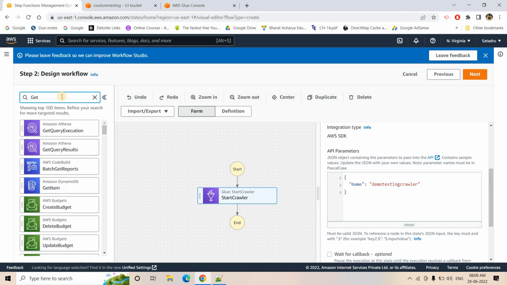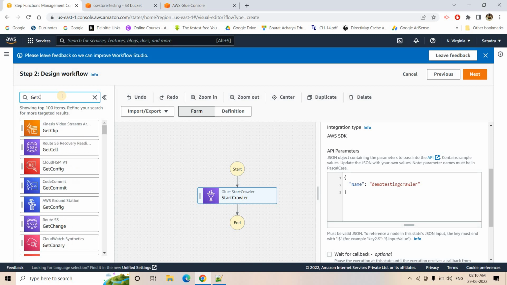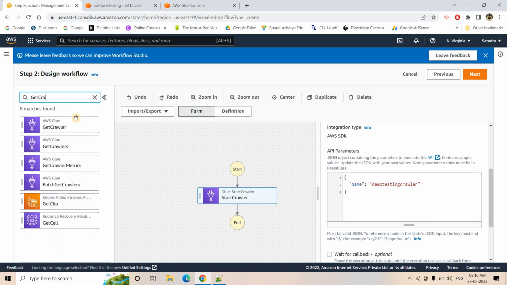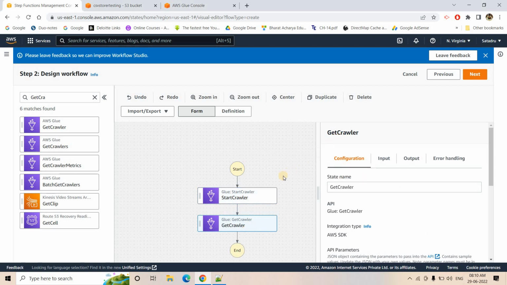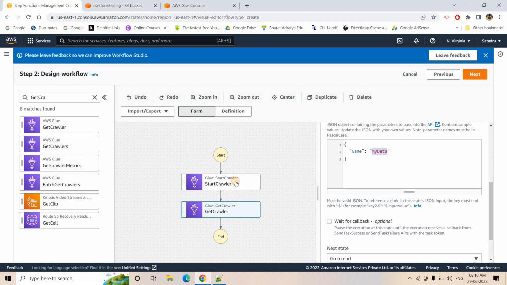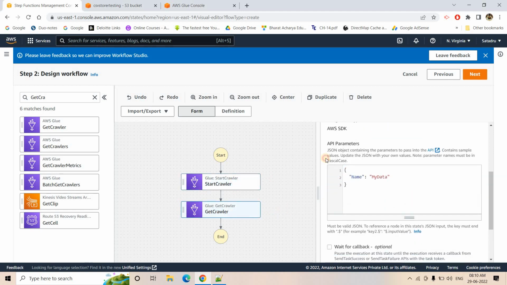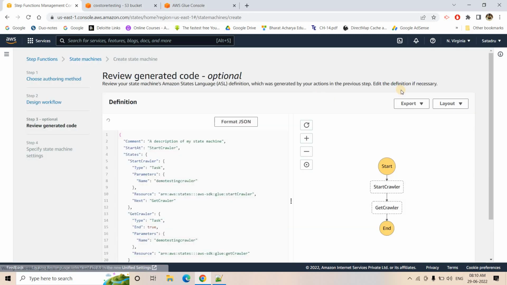So here I can put get crawler state, which will basically give us the state. Okay, right? Very simple. And here also, if you see in the API parameter, it is same like how we did in our start crawler. I will just copy that. I'll go to get crawler and I will fix that. Now here what we will do, we'll go to next,